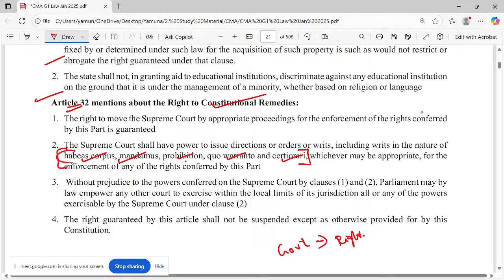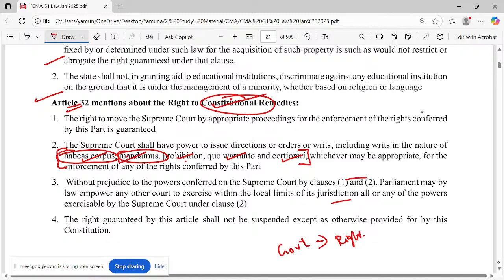For example, if you talk about habeas corpus, a separate body will be formed and your case will be taken for that habeas corpus. Mandamus: the superior authority will be giving a command to the inferior authority to execute this particular thing. Probably if you go to any court, the appealing court, the higher court will be giving a command to the lower court to review the decisions. அந்த மாதிரி ஒன்னொன்னு ஒரு prohibition, quo warranto, certiorari and all. These are all what you call constitutional remedies. So totally we have 5 constitutional remedies.